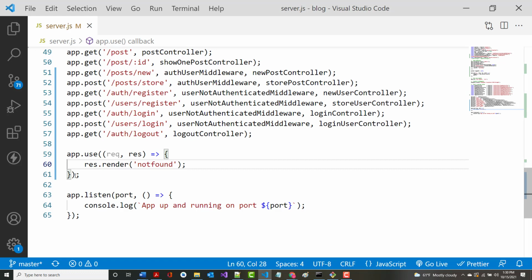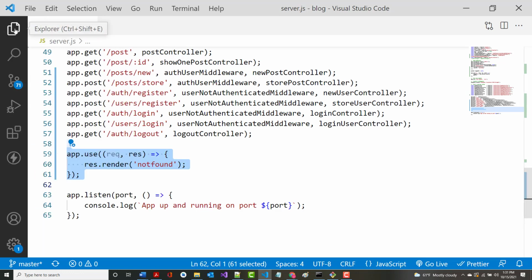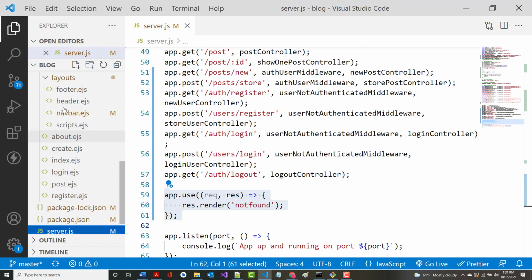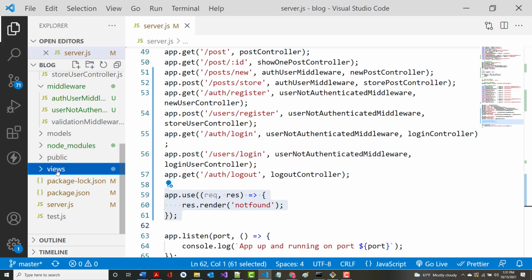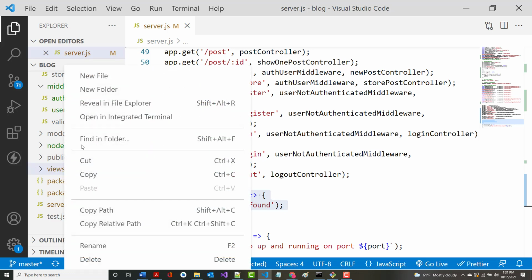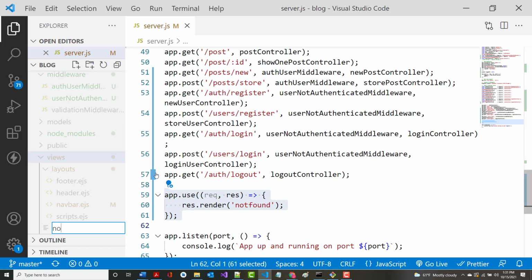Okay? So the only time this should get hit is if we have something in our address bar that doesn't match one of these. That makes sense to everybody? So if it doesn't find a corresponding route, it's going to run this. All right? Okay, so I'm going to do a file save on that. And in here, I'm going to add a new page in our layout, in our views folder. And literally that's what I'm going to call it, not found. So I'm going to add a new file that's called